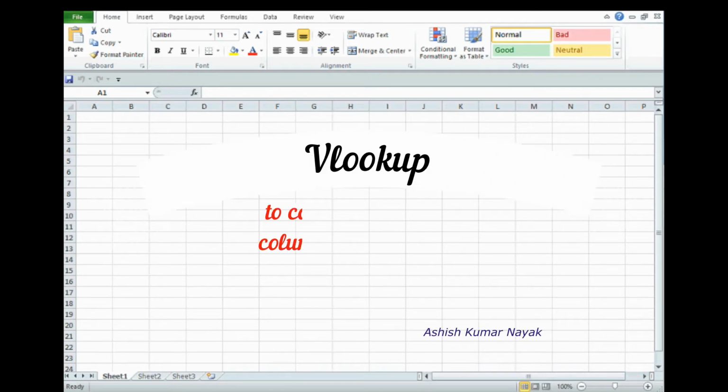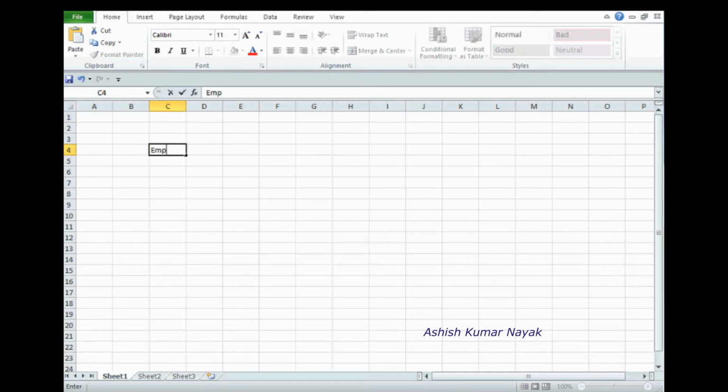Hi friends, you must be knowing how to use the normal VLOOKUP, means compare two columns and extract a value. For example, here employee ID, then department ID.